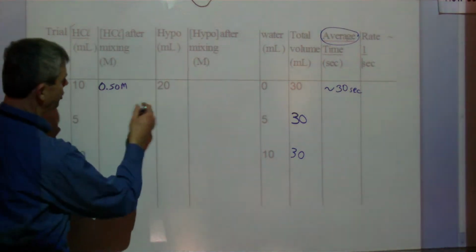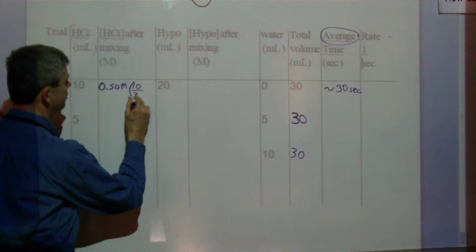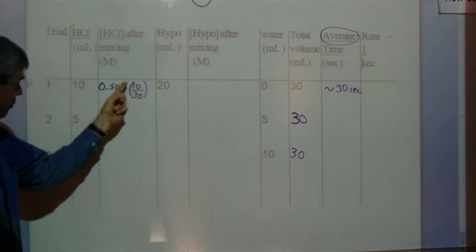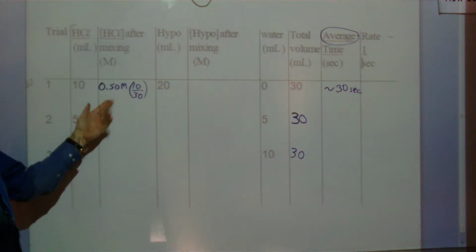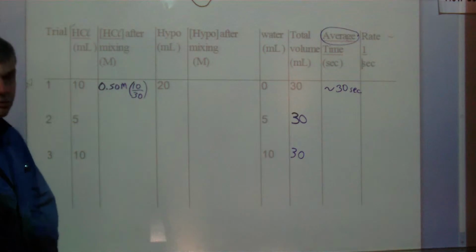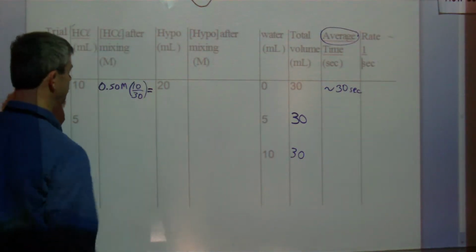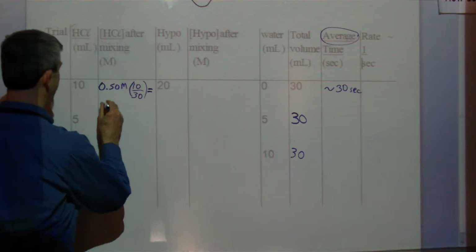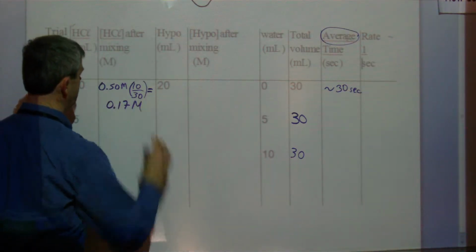So effectively, we're diluting 10 milliliters to 30, and that reduces our concentration to 10/30ths, or 1/3. The effective concentration of the HCl in the solution after the two solutions are mixed is going to be 1/3 of 0.5, which is approximately 0.17 molar